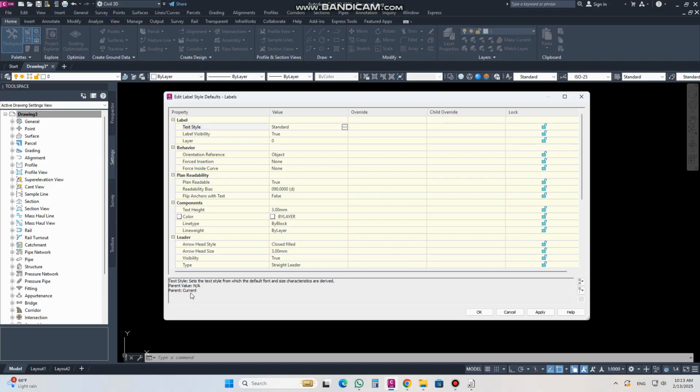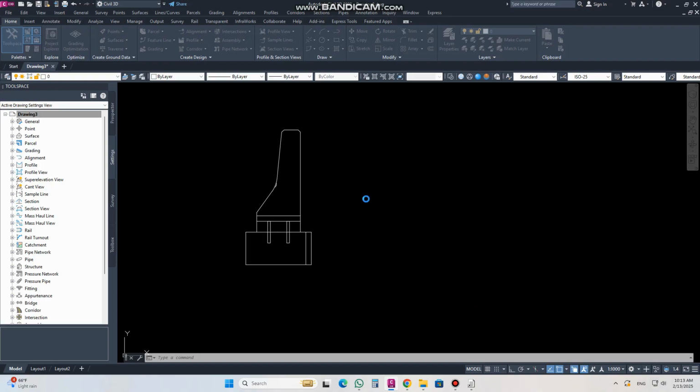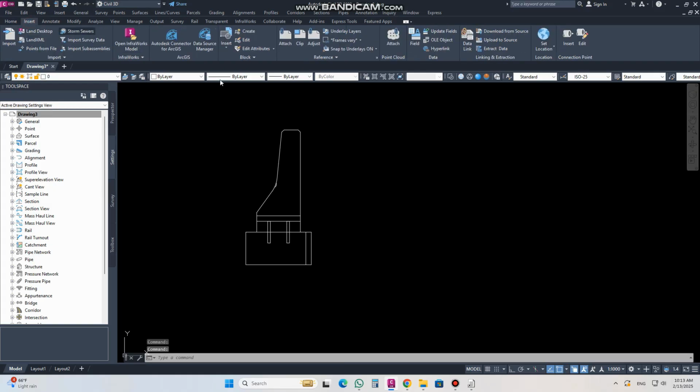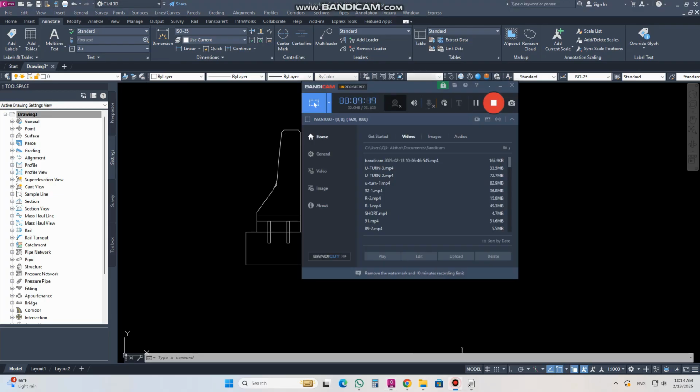Set the text style from where the parent style, from here it will take, and where it is being used, it will show you from here. Okay, so like this you can set your text style from here. Suppose, you can see here is text standard, standard by default it's selected, so you can select